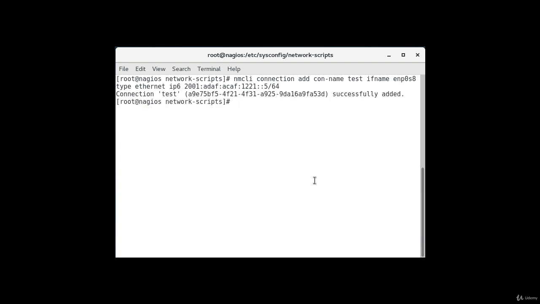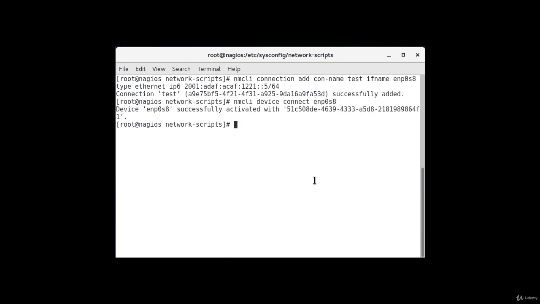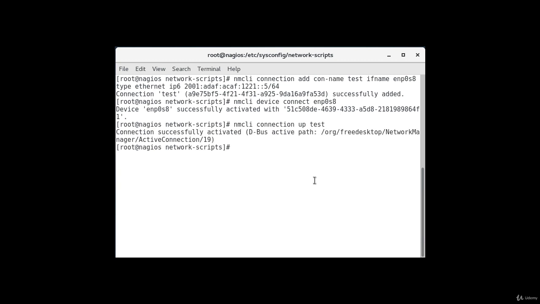Okay, successfully added. The next command is nmcli device connect enp0s8. Okay, that is also connected. And the last command is nmcli connection up test. Okay, that is connected. Now we're going to go to the other machine,